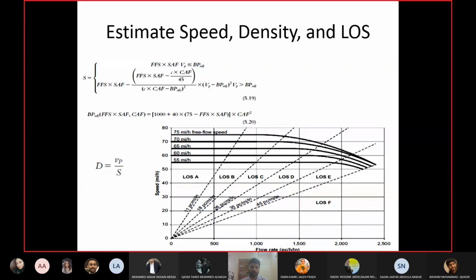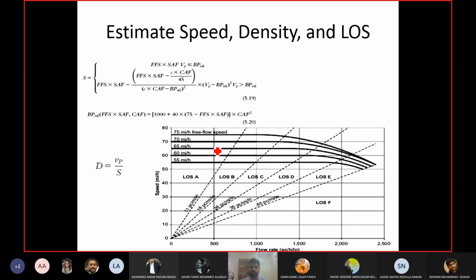Now, if anybody took the traffic engineering course before last semester, they would not know about this particular procedure to find out the average speed. Before last semester, we were saying that you have these curves, and if the free flow speed you have calculated is not equal to the given curves, then you take the nearest one. So if your value was, let's say, 71, you would take the curve for 70.